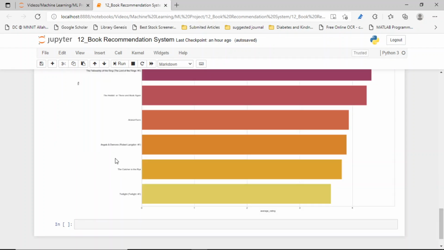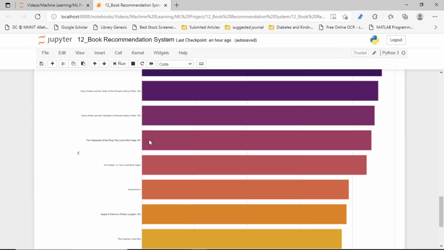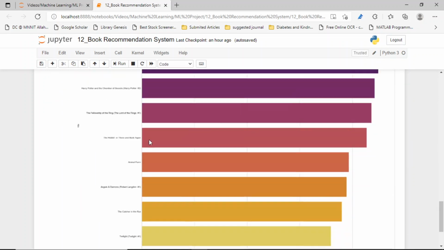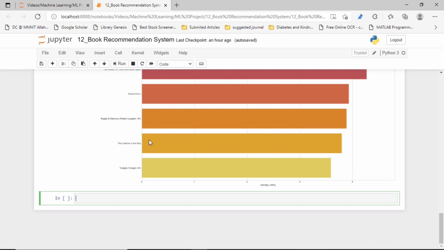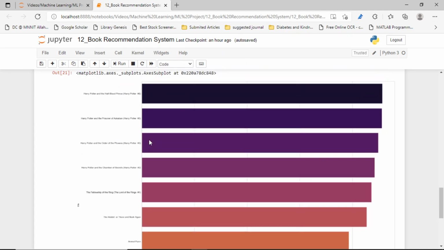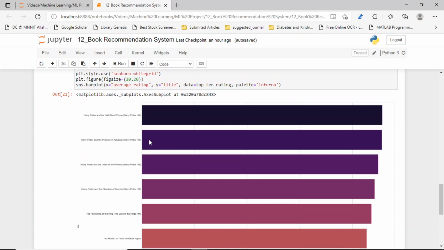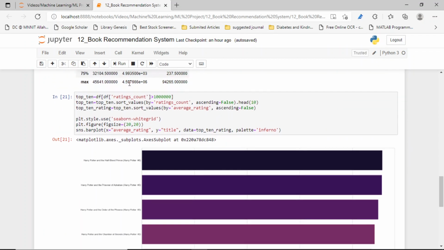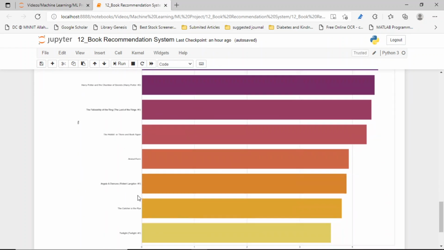Okay, so guys, now let's see. Now you will understand that step. Now we are going to plot the top 10 authors. These are the top 10 books based on the rating counts and the average rating. Okay, these are the top 10 books. Now let's see the top